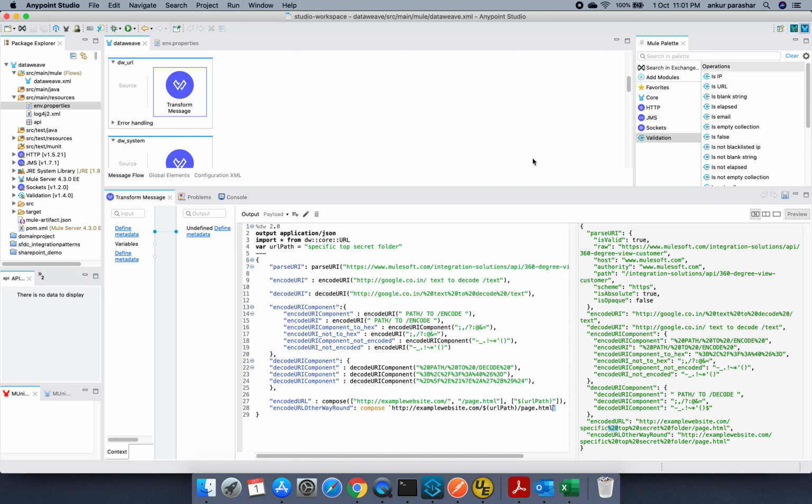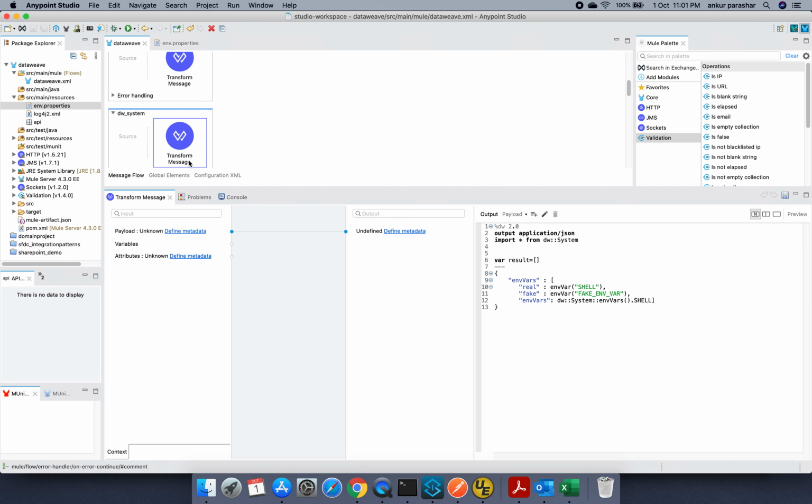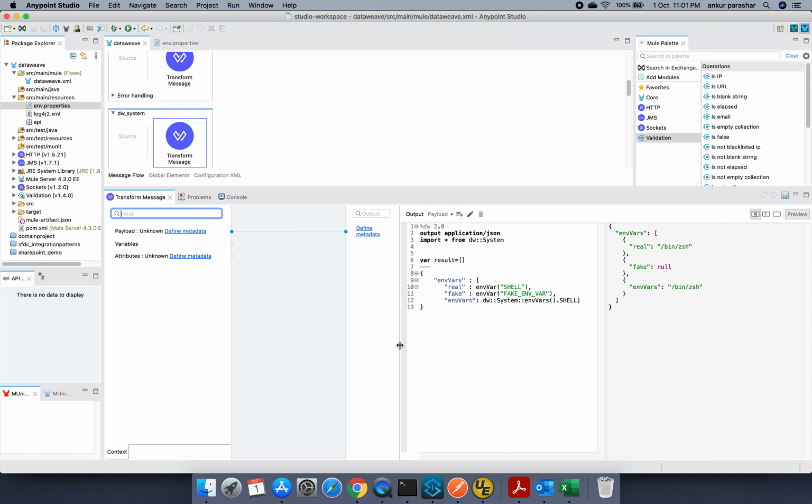The next thing I will be covering is the system based functions. So basically, let me open the preview of this as well. I'm using a Mac system. So in Mac, the shell is bin/zsh, and environment variables can also be referred to using the same.